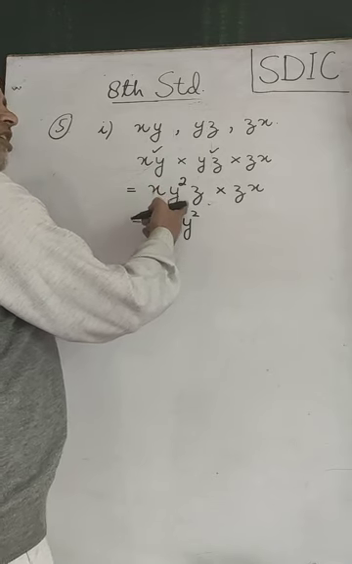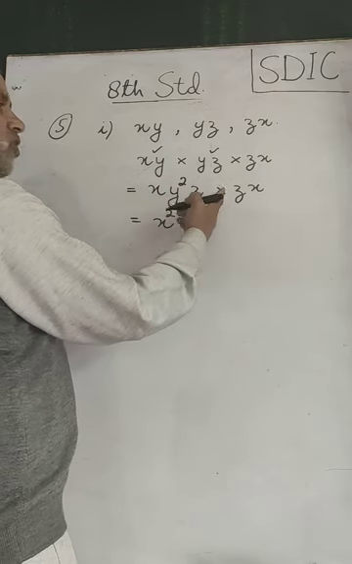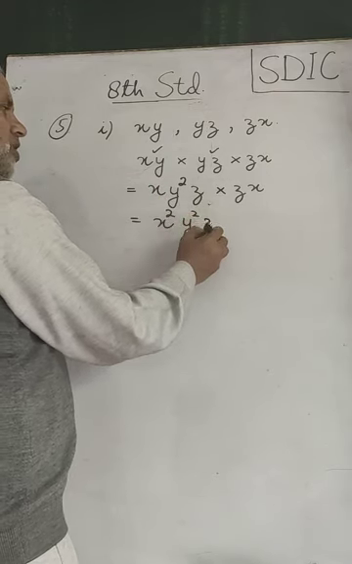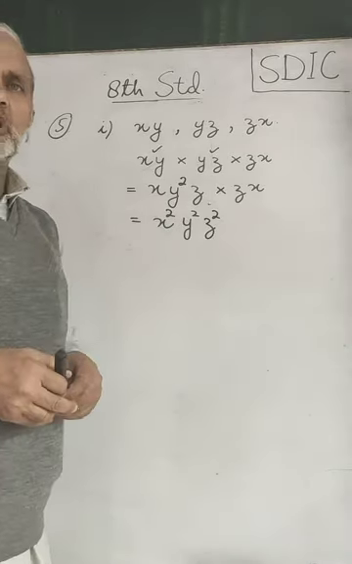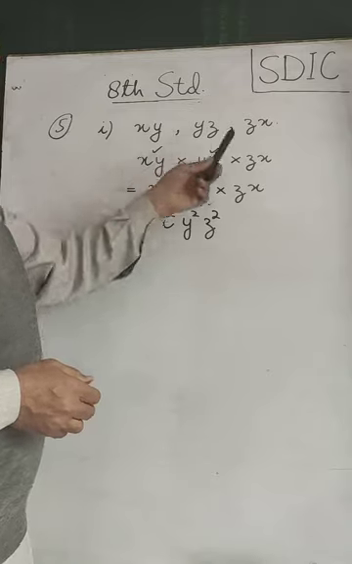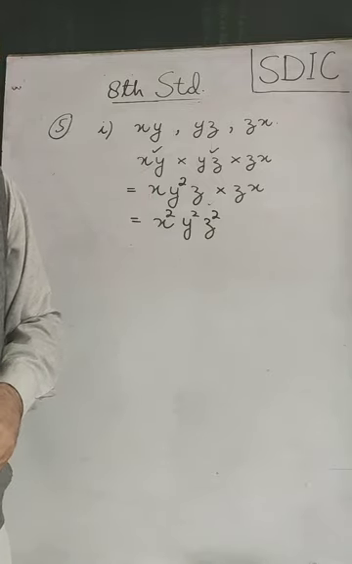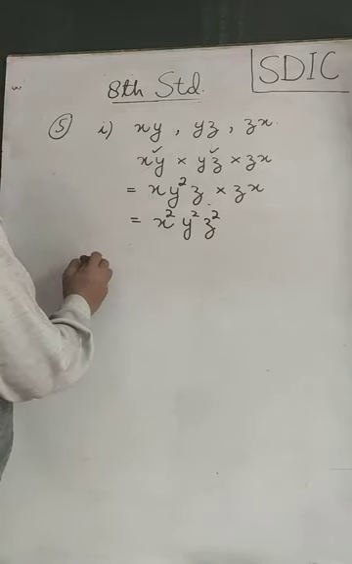What will happen to z? Z appears in both the monomials. Therefore law will be used. Bases are same, powers are added. 1 plus 1 will be 2. So it will be z square. That is the product of first part. Coming to second part,